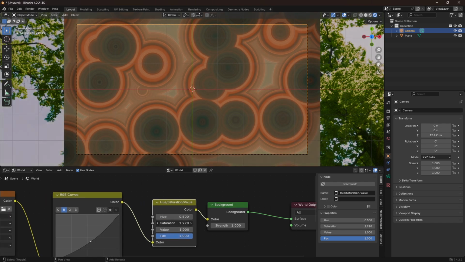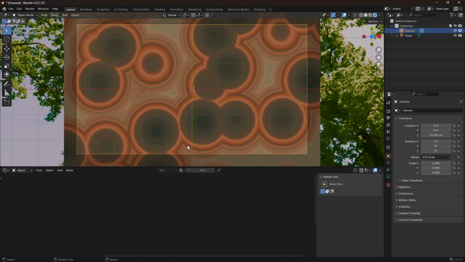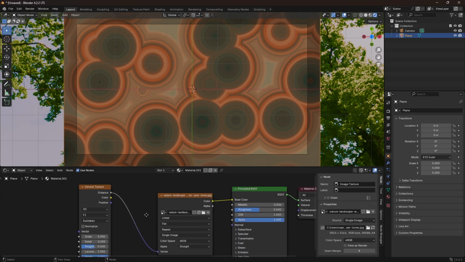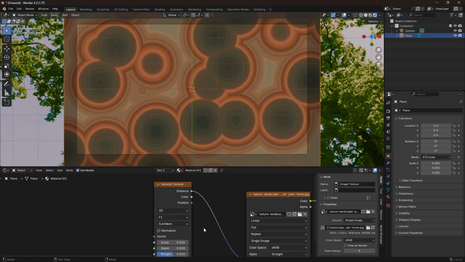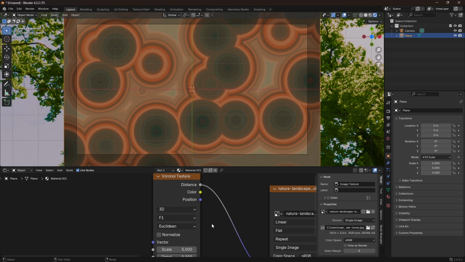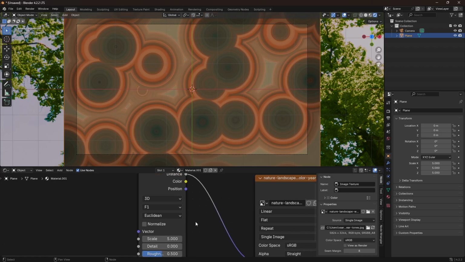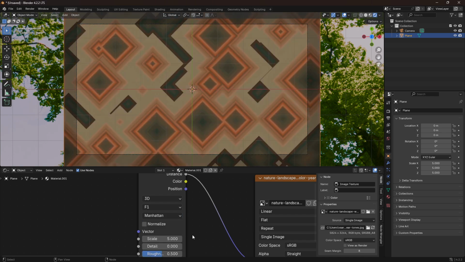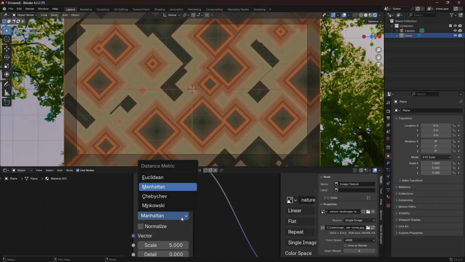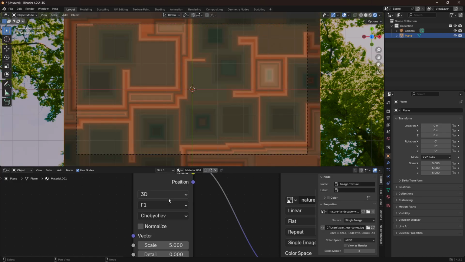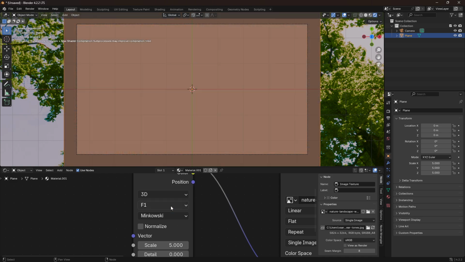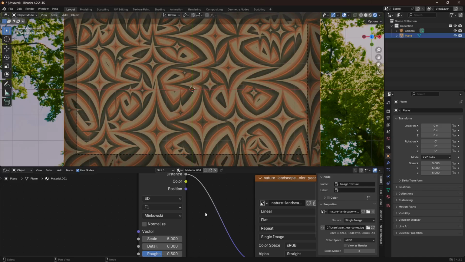So for the sake of this tutorial, we are going to go back into object here, and I'm going to show you some stuff that you can do to create different abstract animations. So we have this Voronoi texture here, and what we can do here is go and change the styles. So let's just select this Manhattan style here, or this Chebyshev thing, and all of these can easily be animated